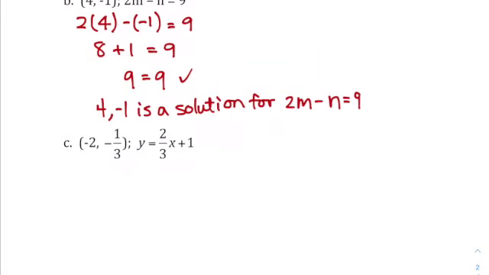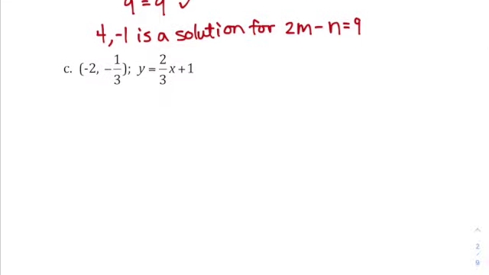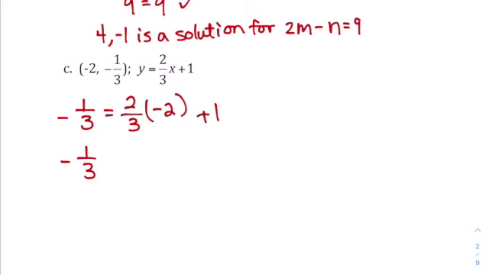Then the next one, which a lot of you have fear of because it's a fraction. So let's try it. This is again x and that's y. So you have y is going to be -1/3 equals 2/3 times x. X in this case is -2 plus 1. Okay? And then that's going to be -1/3 equals